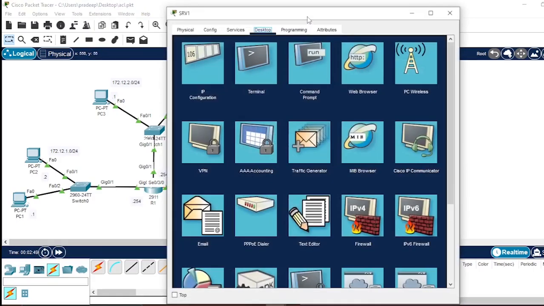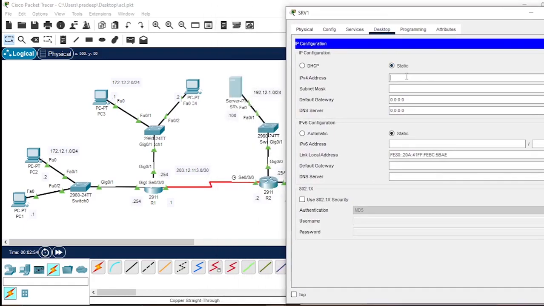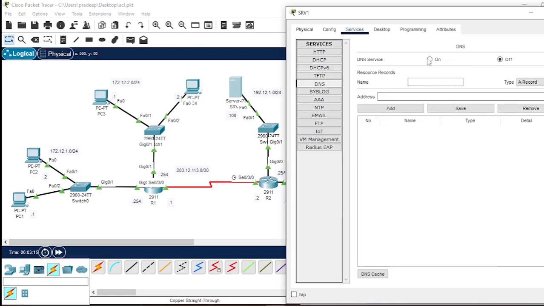server. This is our DNS server. Now I assign the IP address 192.12.1.100, subnet mask, and default gateway is 254, and the DNS address is the same IP address. Go to services and enable DNS services, and now I'm assigning all the devices' IP addresses in here. I use DNS records to